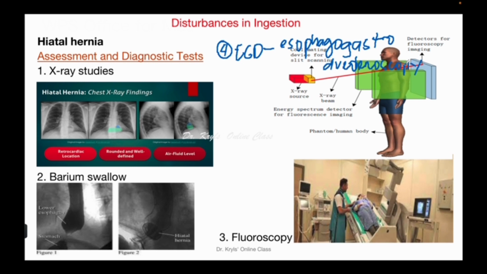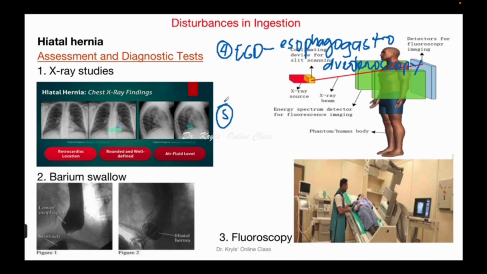Sorry na. Okay, so in here, there will be a passage of a fiber optic tube through the mouth and throat into the digestive tract. Okay, this is for visualization of the esophagus, stomach, and small intestine. Okay,